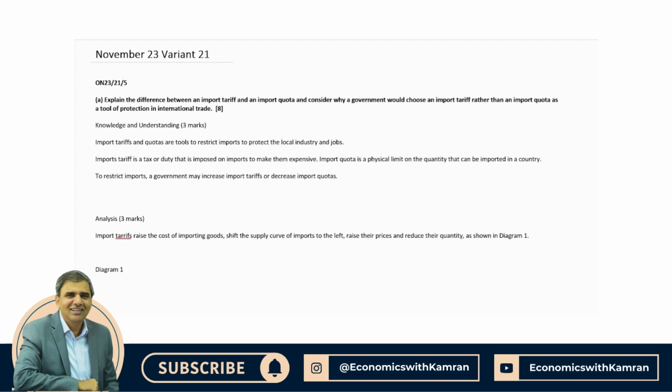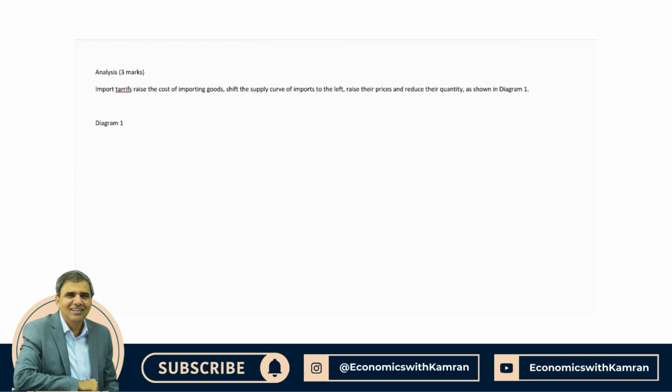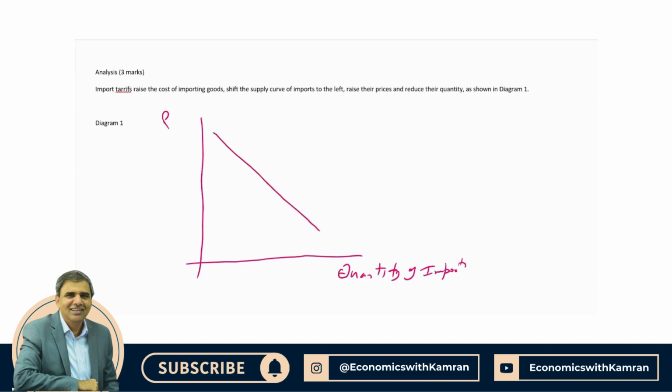Now we go for the diagrams and analysis. Import tariff raises the cost of importing goods. It shifts the supply curve upward or to the left and raises the price of imports and reduces the quantity of import. So we make a simple diagram, with quantity of imports along the x-axis. Even if you write just Q, that should be enough, and just P along the y-axis, or someone may write average price of import. Downward sloping demand curve for imports, upward rising supply curve for imports, equilibrium price of imports, equilibrium